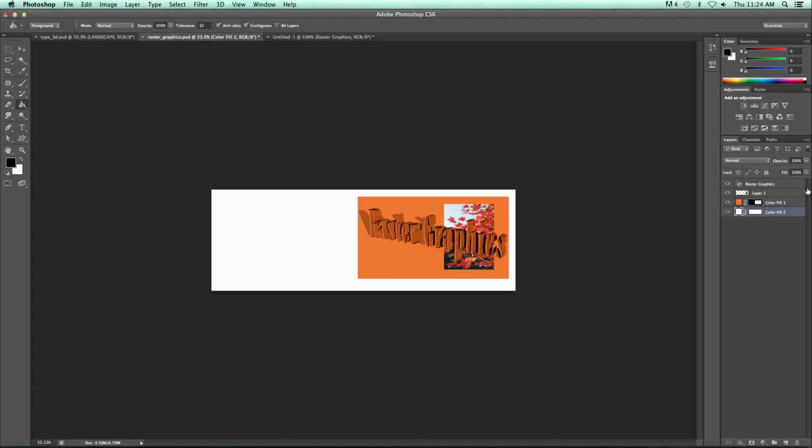Over here where we want the before, I always like to start at the top, so I'm going to click right here as I go to my type tool. The type that I was using, I believe, is Palatino Linotype. I've actually got it already chosen up here. So I'm just going to click and then make my size a bit bigger. This is part of my before. So I'll just type in raster